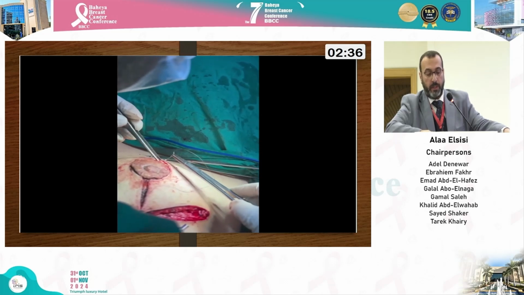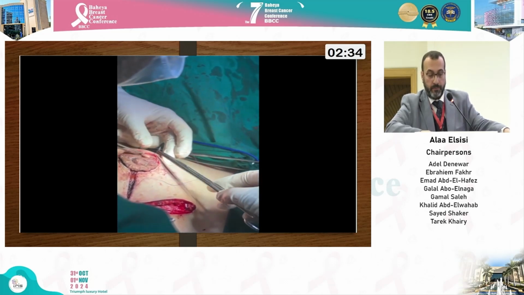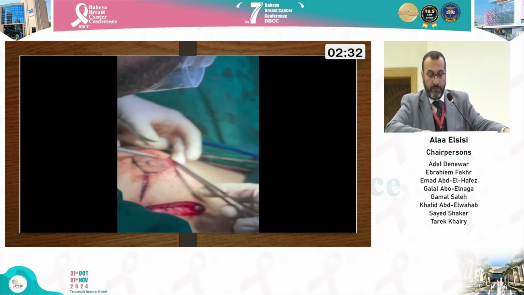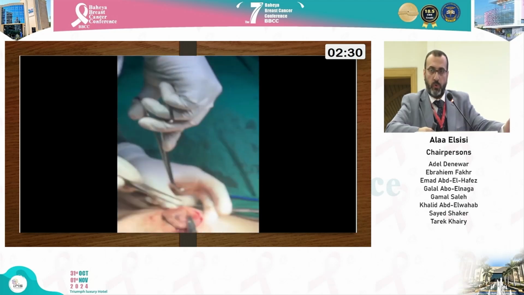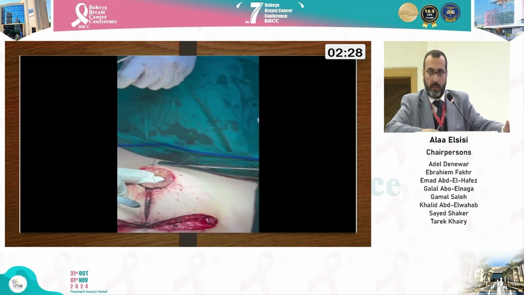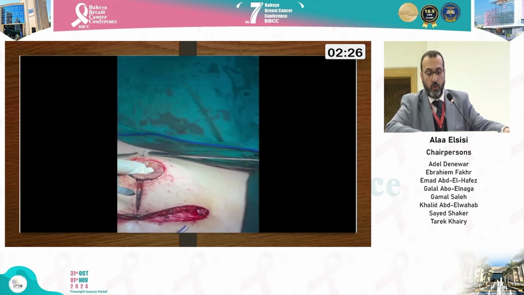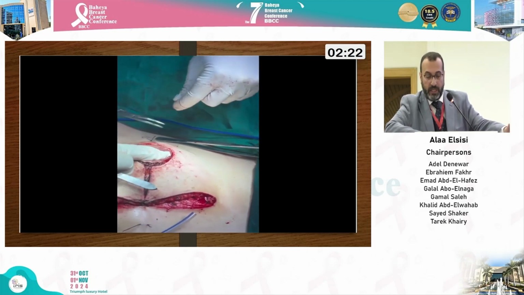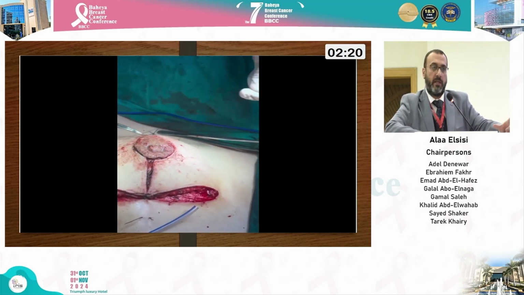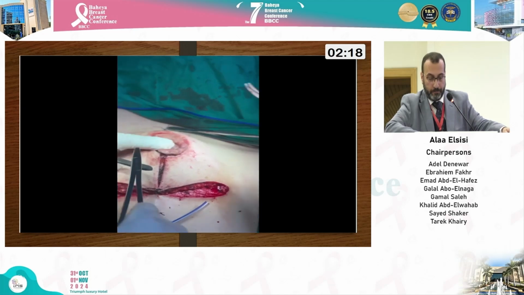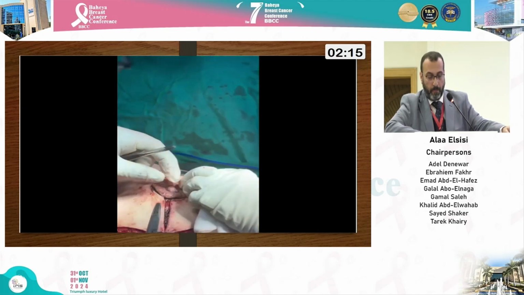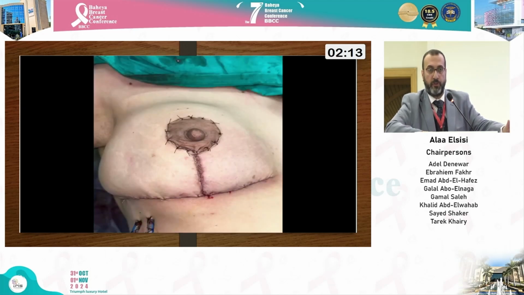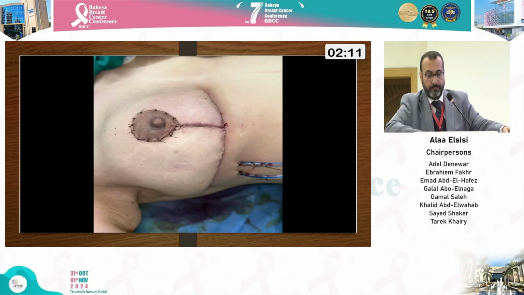This case with areolar preservation, not grafting, and another case we do grafting of the nipple to centralize the breast tissue. But in a small breast we can do without grafting, as the flap is very short. After completing the procedure,